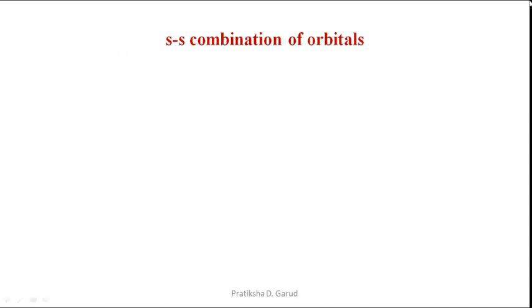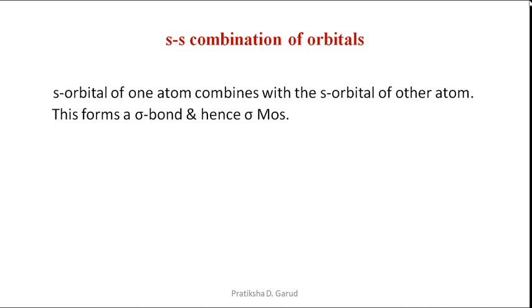So the first one is the SS combination of orbitals. As the name suggests, there are two S orbitals, they undergo combination. One S orbital combines with the another S orbital. So when the S orbital of one atom combines with the S orbital of the other atom, this forms a sigma bond, and hence it forms the sigma molecular orbitals. As there are two S orbitals, we are getting the formation of two molecular orbitals. Two atomic orbitals converted into two molecular orbitals, and the two molecular orbitals are bonding molecular orbitals and the anti-bonding